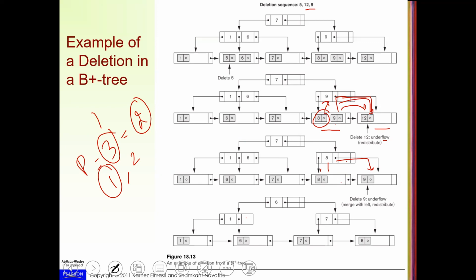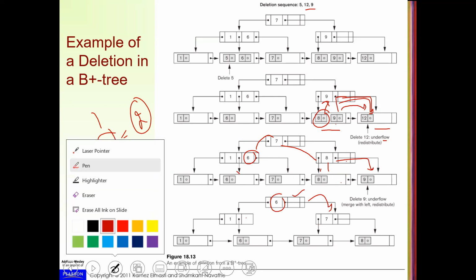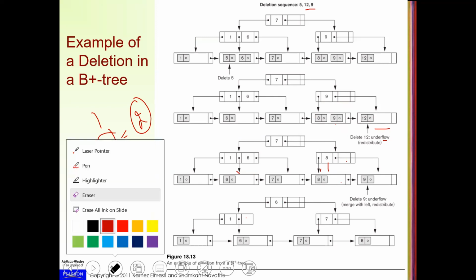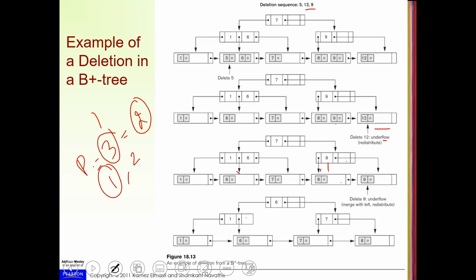This is actually what we did also here, right? We move 6 here and we move 7 here. So it's like 6 here and 7 here. And this is how the redistribution works. Now, when to do the merging? Merging is done when we fall short of children for a particular node after it becomes empty. For example, in this case,